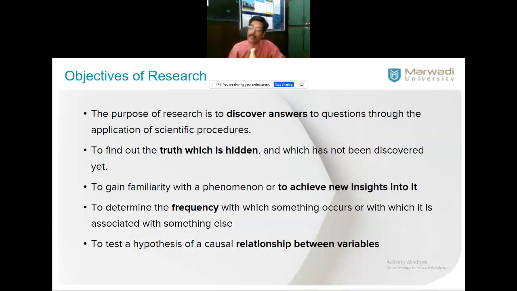So the objective is to discover answers, true, agreed. Truth which is hidden. Most of the truths are available. See, for example, management consultants are being hired by the industry to identify the problem. Why? We are not identifying. We know there is a problem, but the problem is there is less interaction happening between the departments of the industry. You take up an industry, the problem faced by a purchase department may not be known to the packers department, and vice versa. They never interact, there is no forum by which they all meet together.